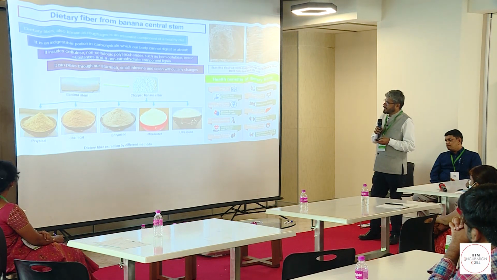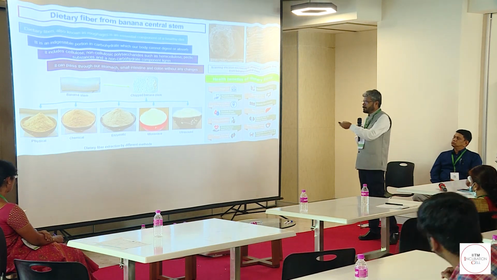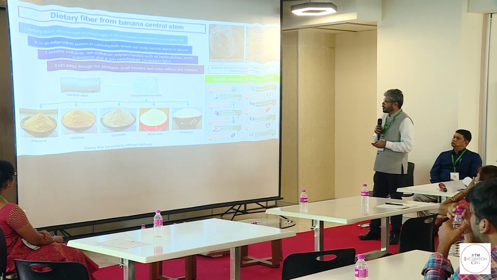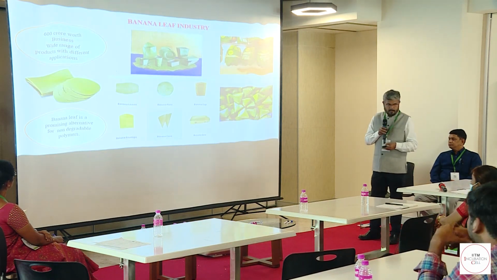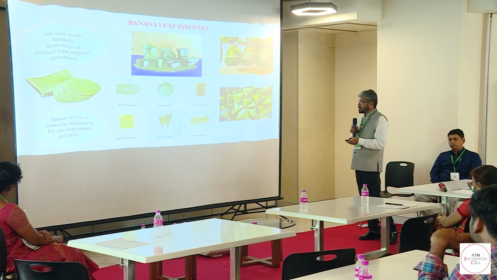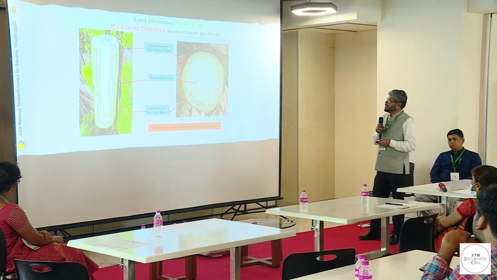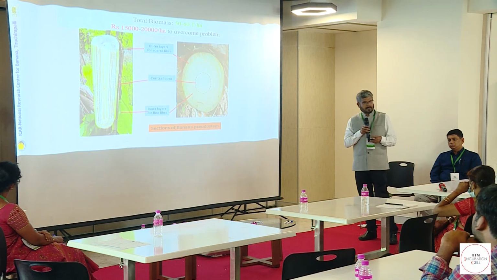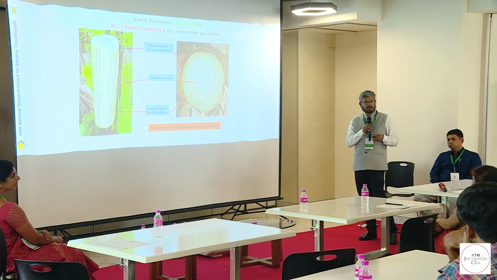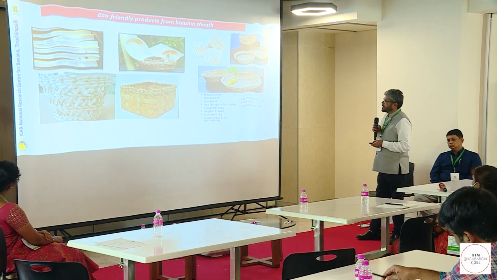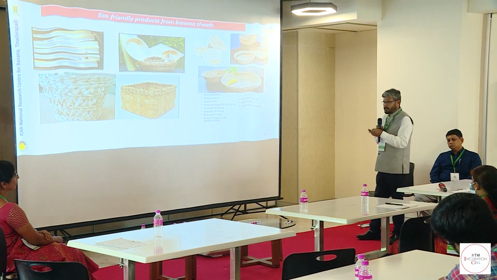Then dietary fiber from the banana central core stem. Physical, chemical, enzymatic and microwave methods can be utilized to make this powder, and that could be used for making different products. Then the banana leaf industry is another very big industry, especially in southern states, and we have developed some technology. And again, the biomass. We waste a lot of things in the field. So, as I said, before throwing our banana leaf out, we are using it like a banana plate here. Similar things have to be exploited for value addition, and eco-friendly products could be made out of banana sheath. I think you could see one of the incubatee products displayed there.